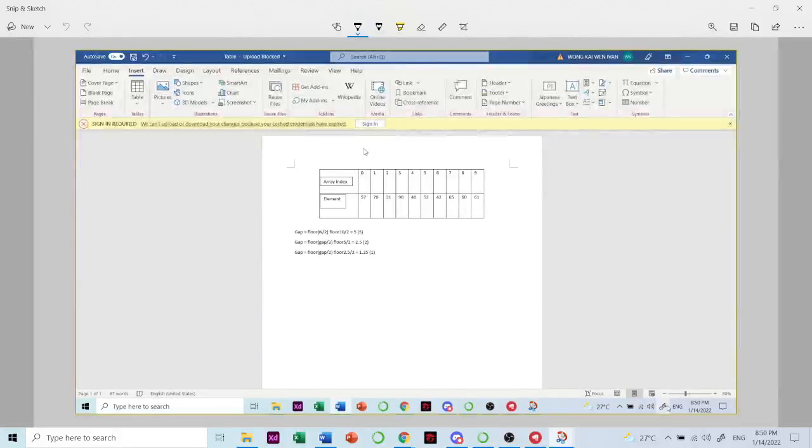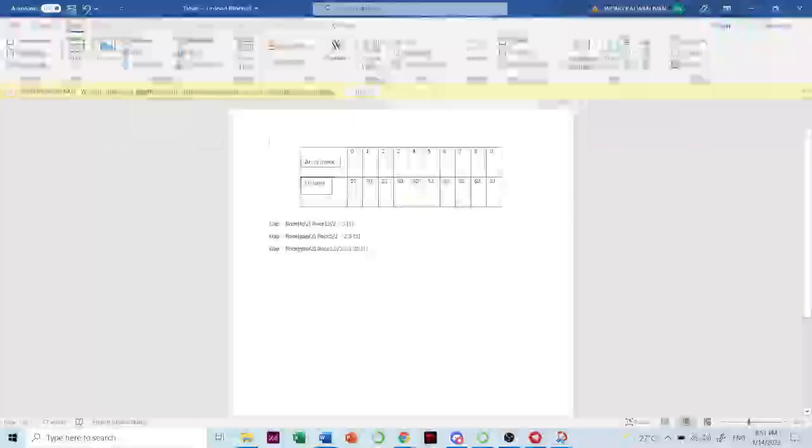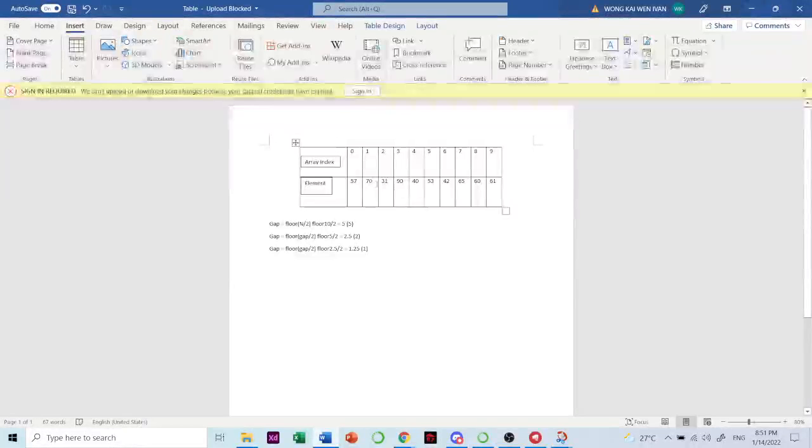So let's see and compare. We're gonna start off from 0 again, and the next to it is 1. So let's see if this is correct. Is 57 bigger than 70? Which is no. So we're gonna just change it accordingly. So 57 and 70 will swap places, and we'll keep moving on